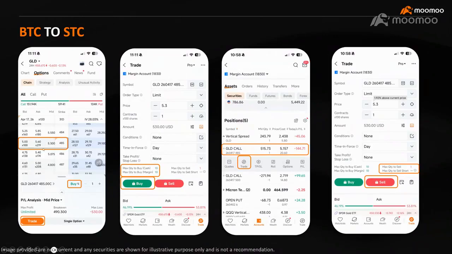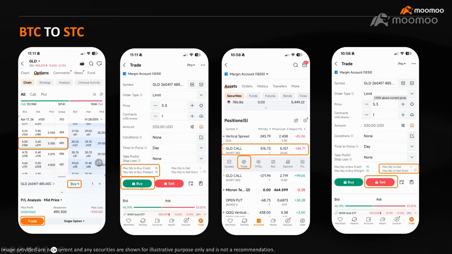So if I click on this, and I make sure that I'm in the buy position, I just click trade. After I confirm everything, it will lead me into the order dialog, where I can see, based on my buying power, how much cash I can use to buy, how many contracts I can buy using only cash, and how many using margin. So if I've checked everything, then I just click buy.